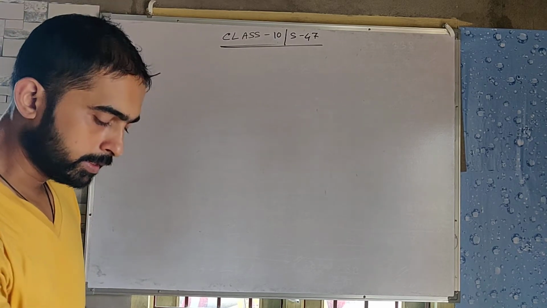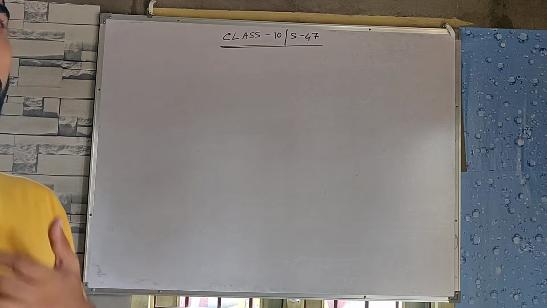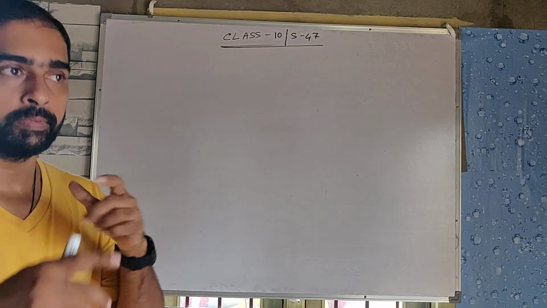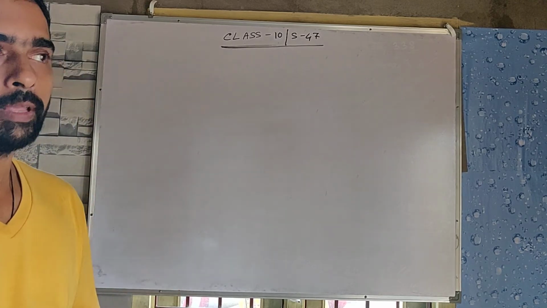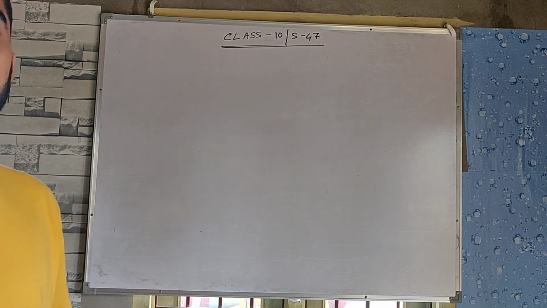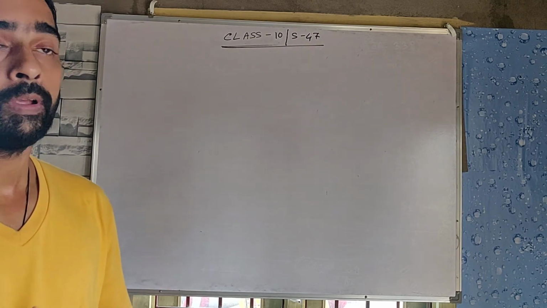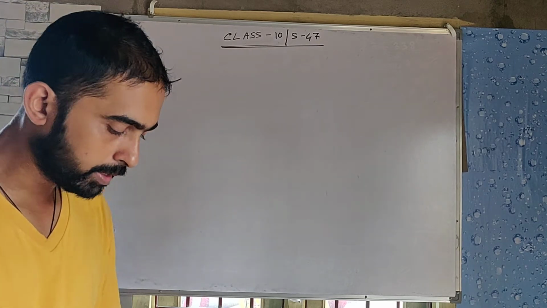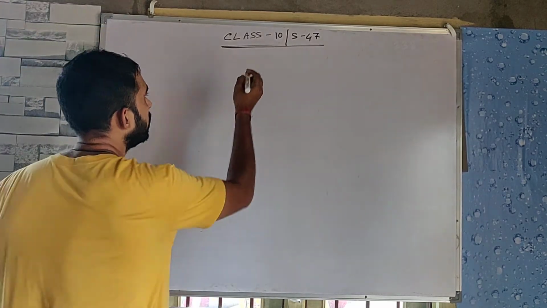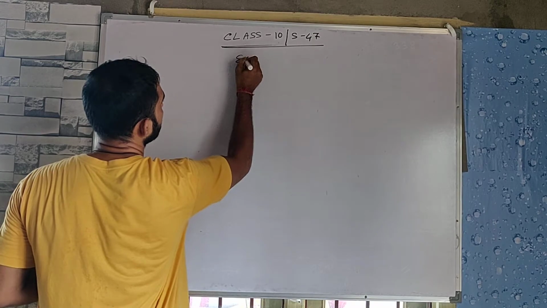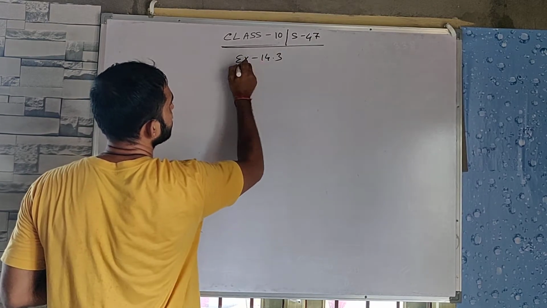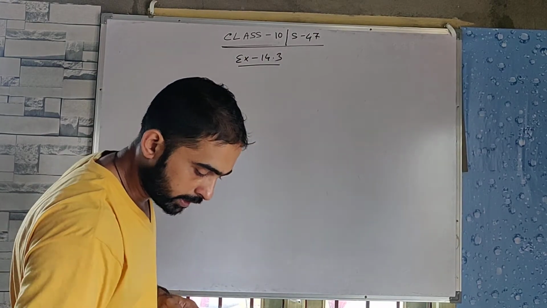In this syllabus, a class interval will be given, meaning a table will be given. From there, we have to find the median, or the median will be given and we have to find out the unknown variable. The variable may be x and y, or maybe f also. Here exercise 14.2 starts directly. A table is given.